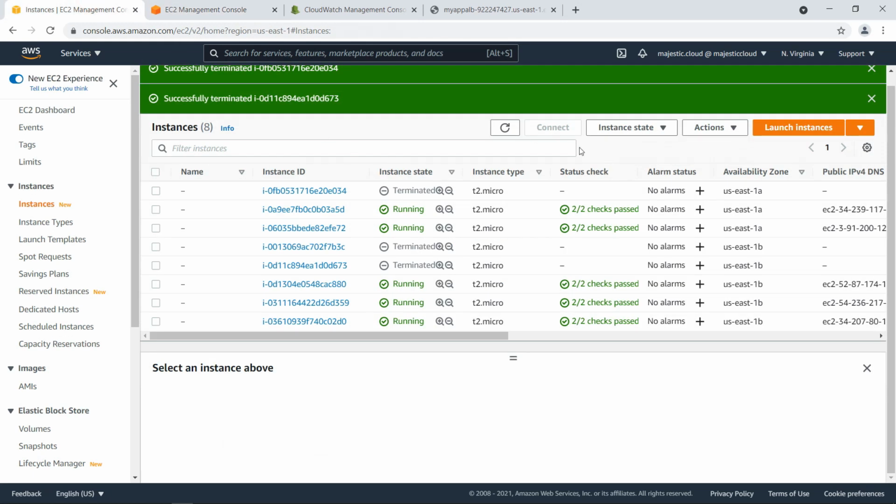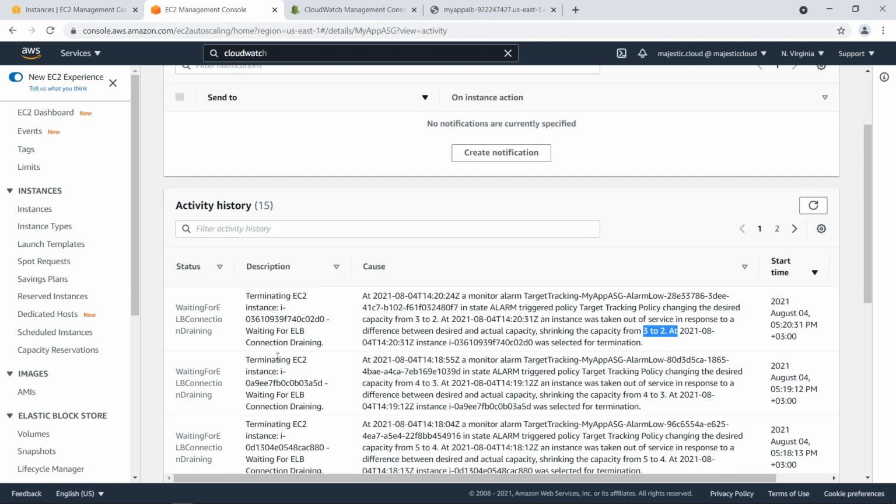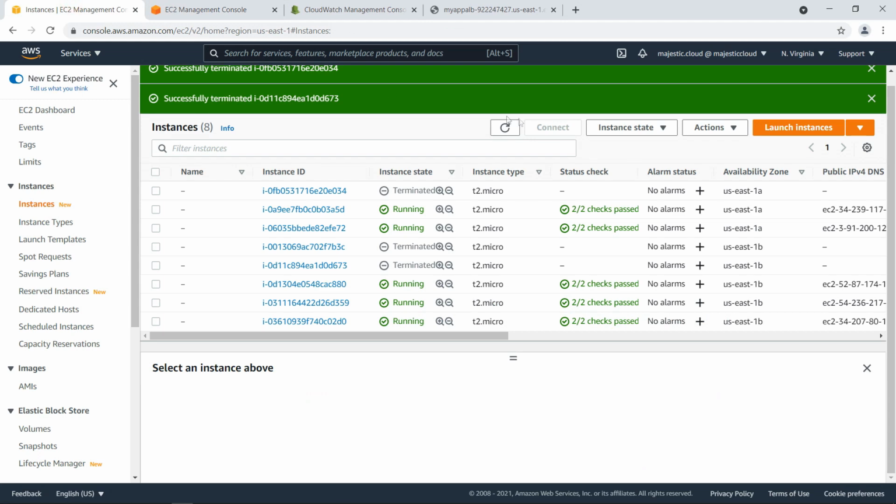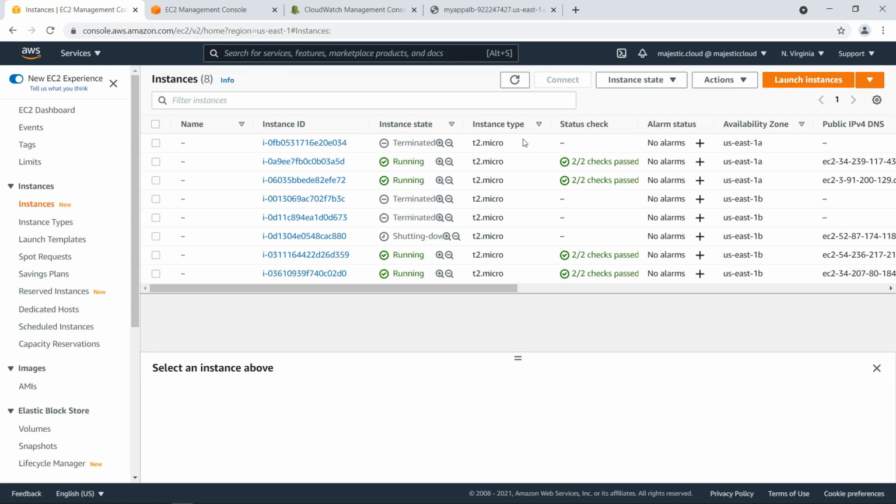And if we go back and click refresh here, we can see that the instances are still running, but they are being targeted for termination, and they are in the connection draining phase. So any connections that you had on that instance need to finish before auto scaling will terminate them. So I have my first instance shutting down,